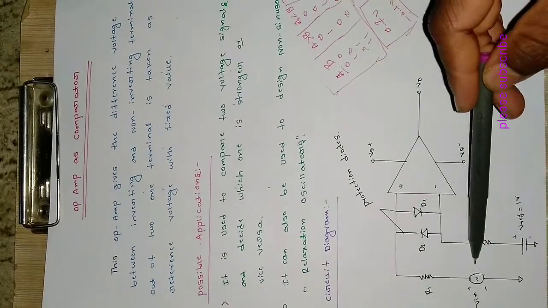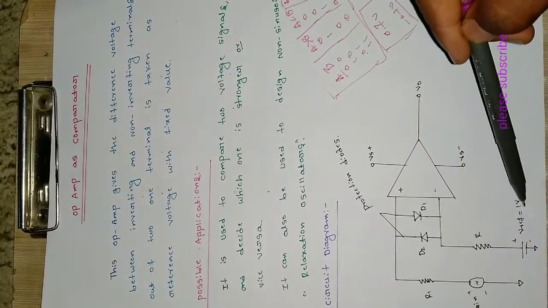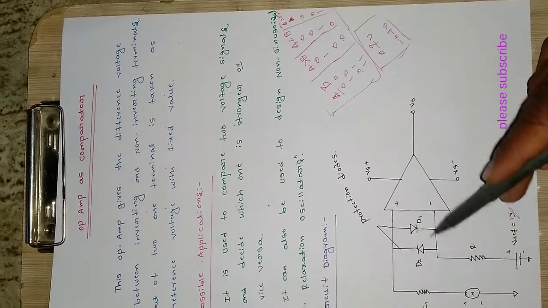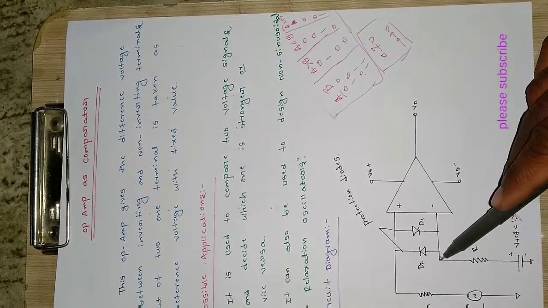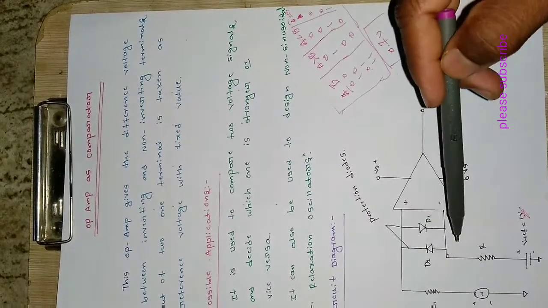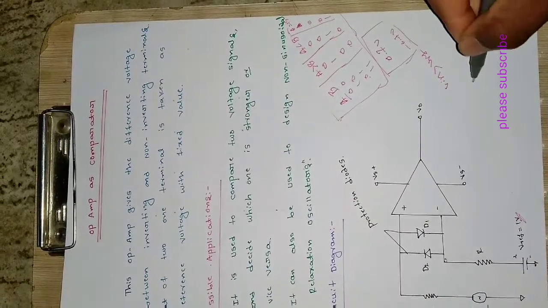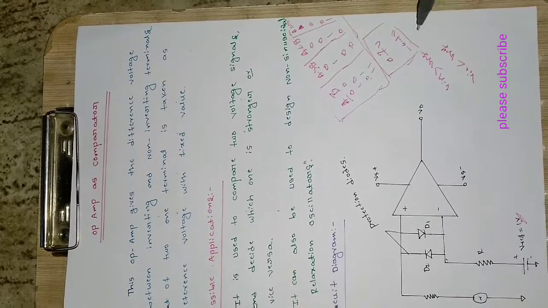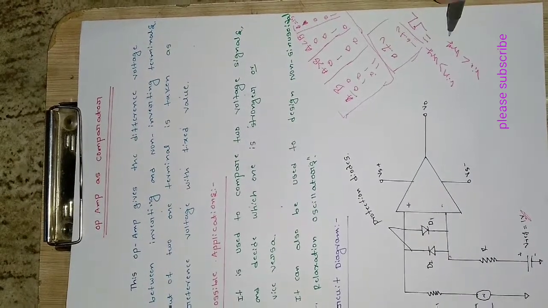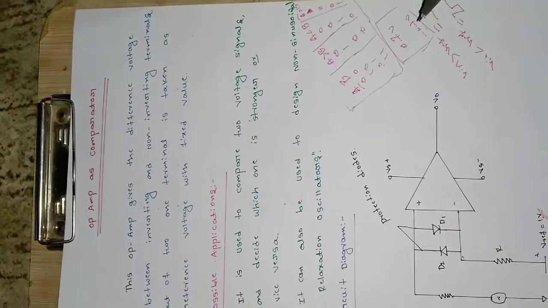So this is the input terminal and reference is taken in this case to our non-inverting terminal here. This is the reference voltage, which is 1 volt. Okay, so 1 volt is flowing through this resistor and it will appear across this terminal, at this point. And input voltage we don't know at this moment what it will be, and it will be compared. So whether V in is greater than V reference or V in is less than V reference. If it is greater, then the output will be 1, or we can say high. If it is less, we can say output will be 0 or low. So this is the only function it will be doing.